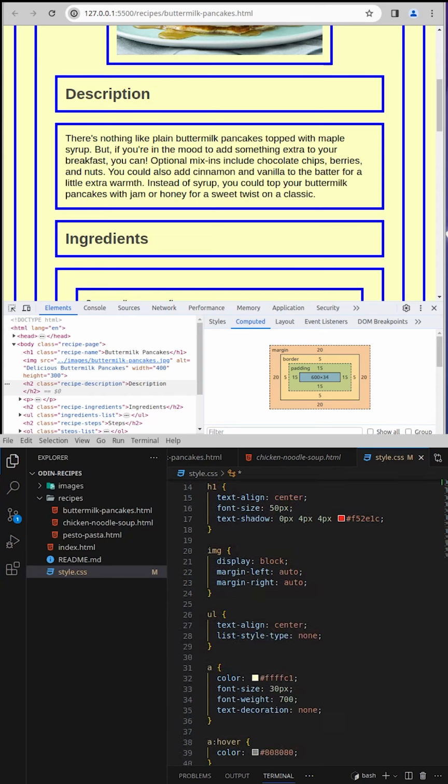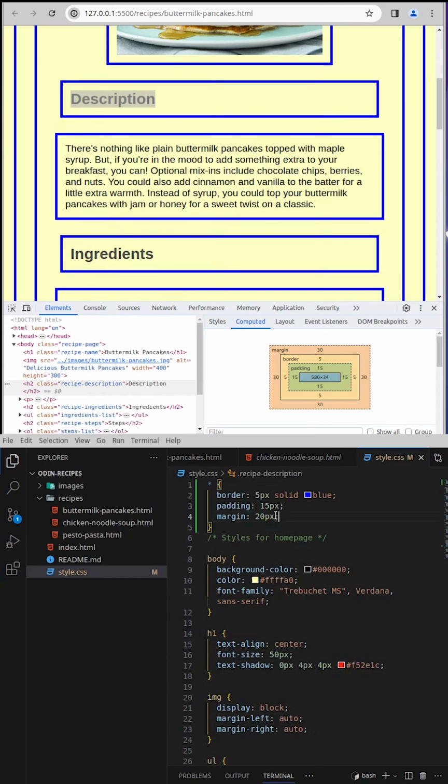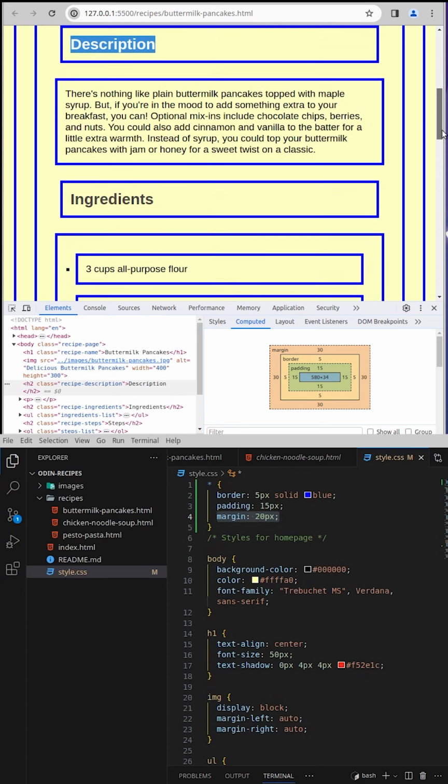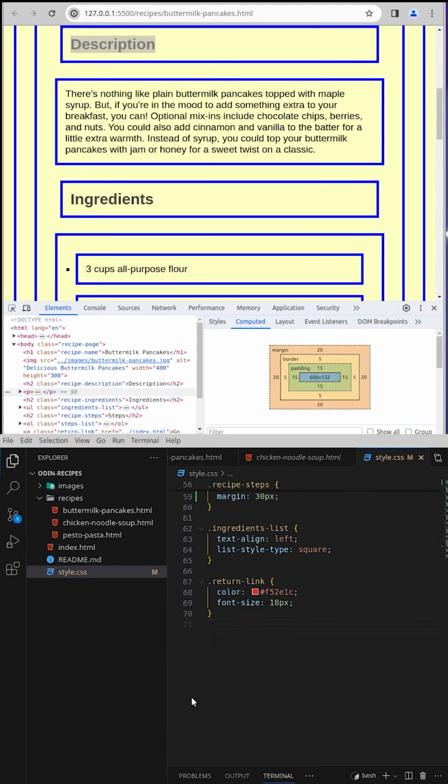Margins are essential for spacing elements on a web page. If I add a margin of 30 pixels on my H2 elements while keeping a margin of 20 pixels on the universal selector, the vertical margins between the first H2 element and the next P element won't add up to 50 pixels, but will collapse to 30 because this is the larger of the two values. Collapsing margins occur exclusively with vertical margins between neighboring elements, ensuring that the larger margin value is preserved.